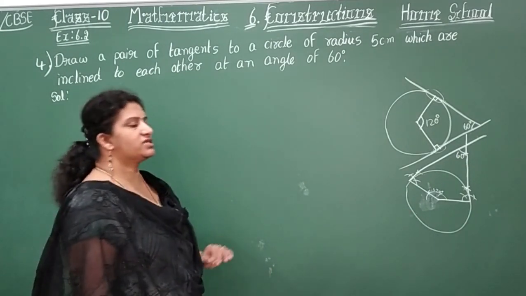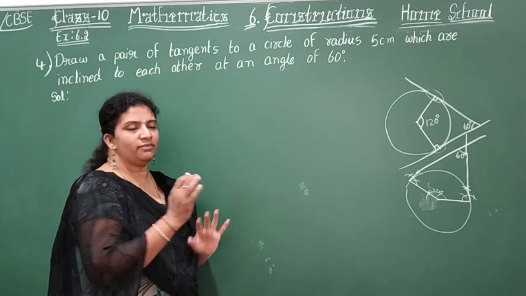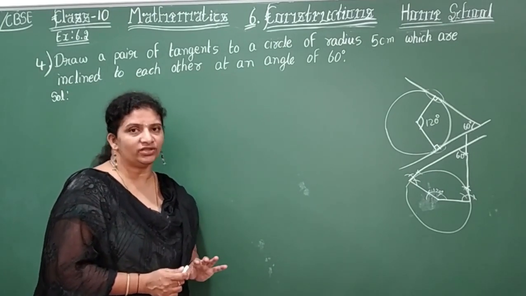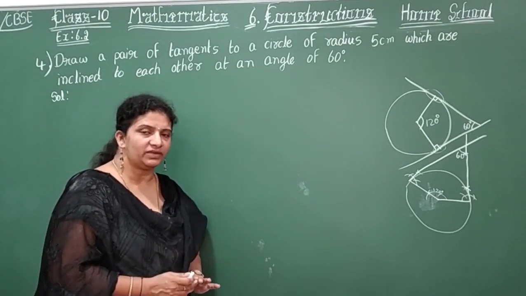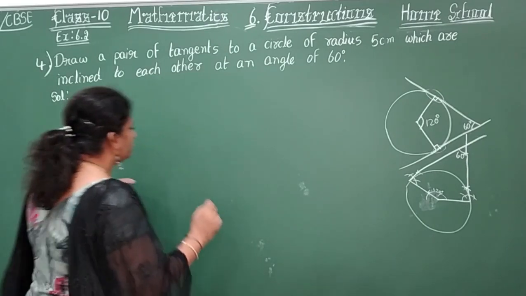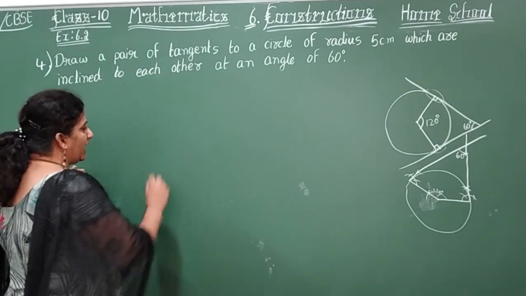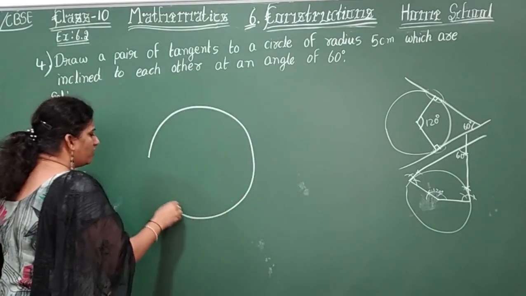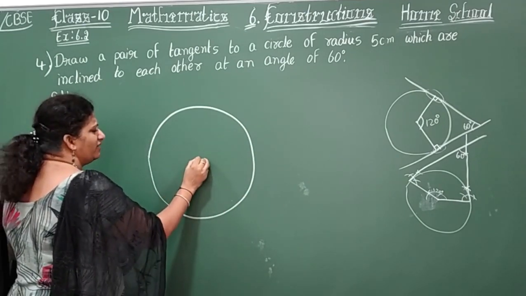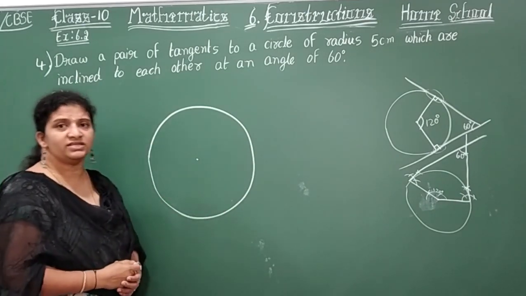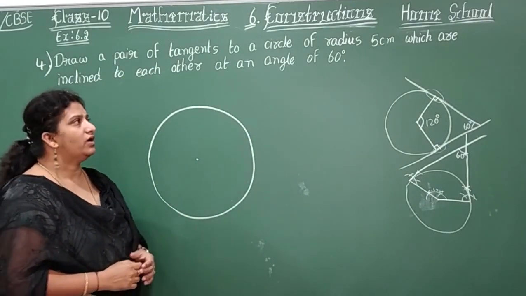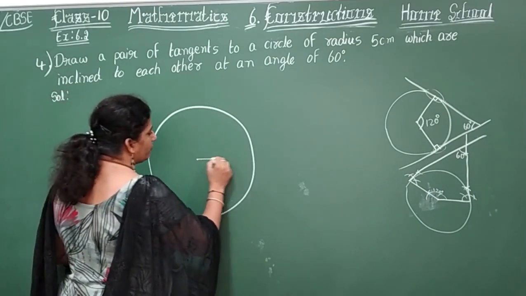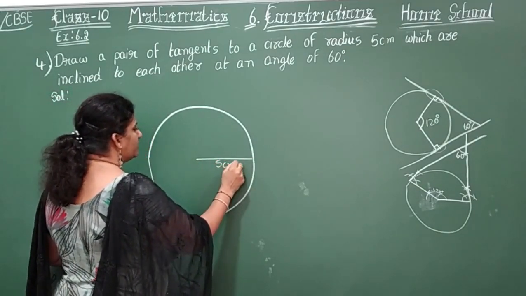Another method, what is your other method here, children? I am going to show both the methods now with free hand, but you don't try to do it with free hand. Please do it properly with your geometry box. Now, first thing I do, in the same manner, let me draw a circle of radius, how much is this, children? This circle radius will be 5 centimeters. Draw a circle. Now let me write the radius, 5 centimeters.